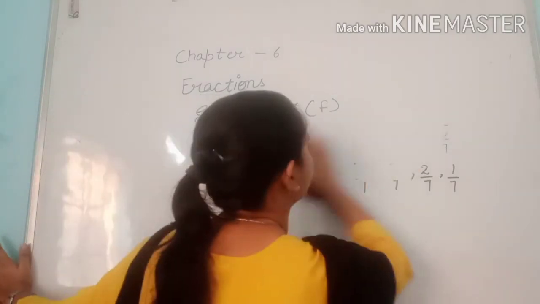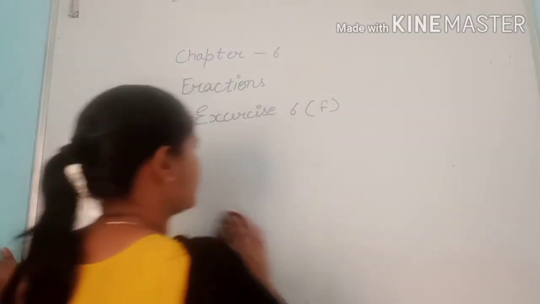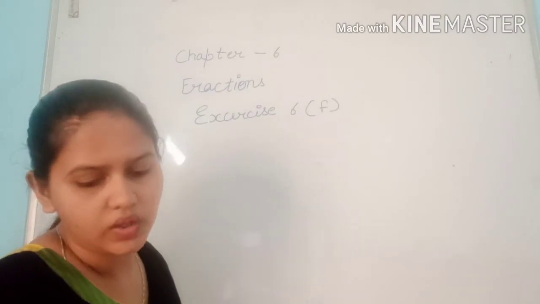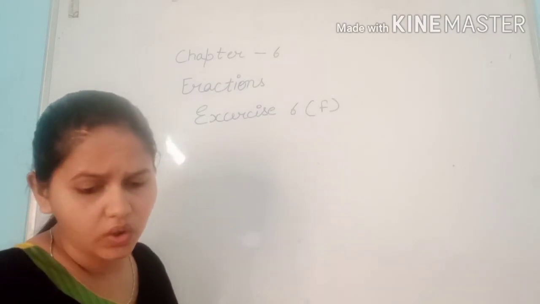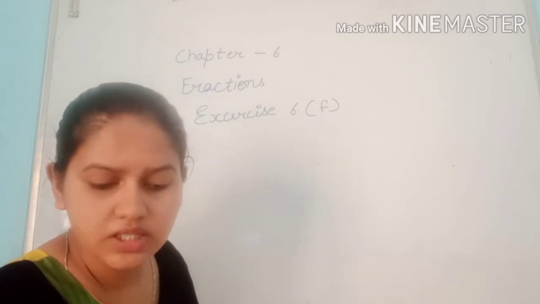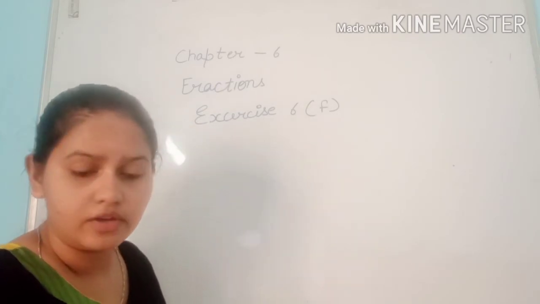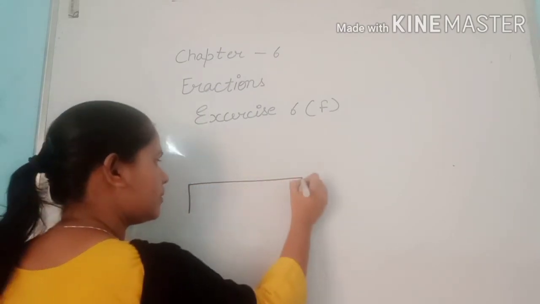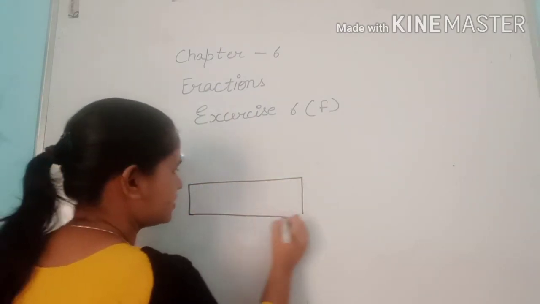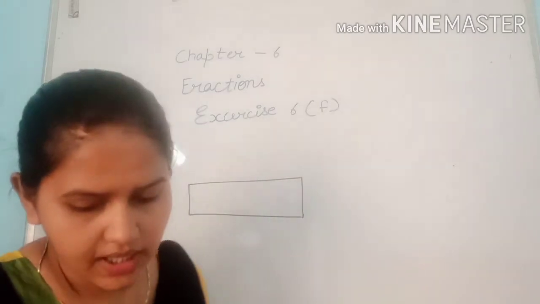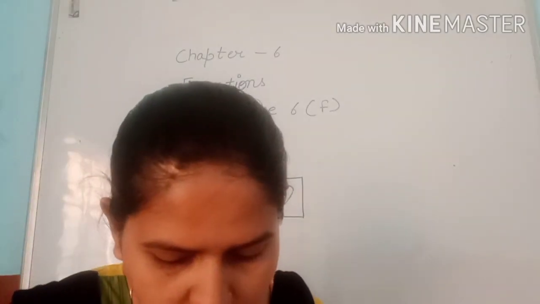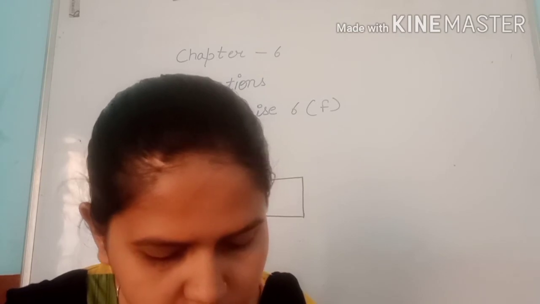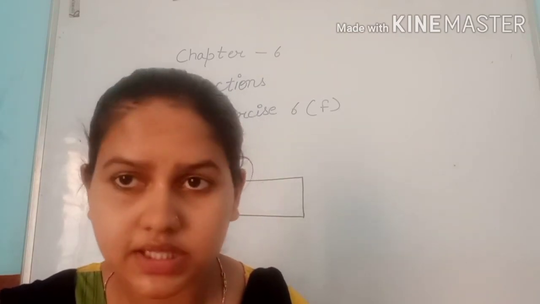Okay students, this one is an example for you. Let's do the second one. This is 4 by 6, right? Which means we have a total number of boxes. We can see here are 6 boxes. Have you seen here? 1, 2, 3, 4, 5. That is more. Second one is done.